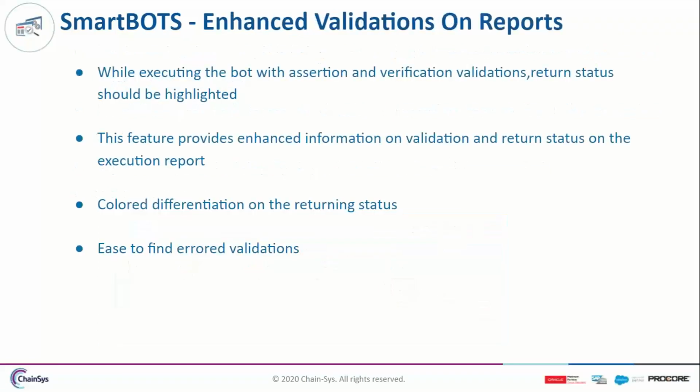Yeah. So here we are going to see our enhanced validation on the report. So we have the execution report, and in the execution report earlier we had all the steps, like what happened on each and every step, and we had the screenshot option, and we have the execution result of verification and condition activities also. And here we did one small change, where it will highlight the success and error of assertion and verification. If the validation succeeded, it will highlight in green color, and if the validation failed, it will highlight the